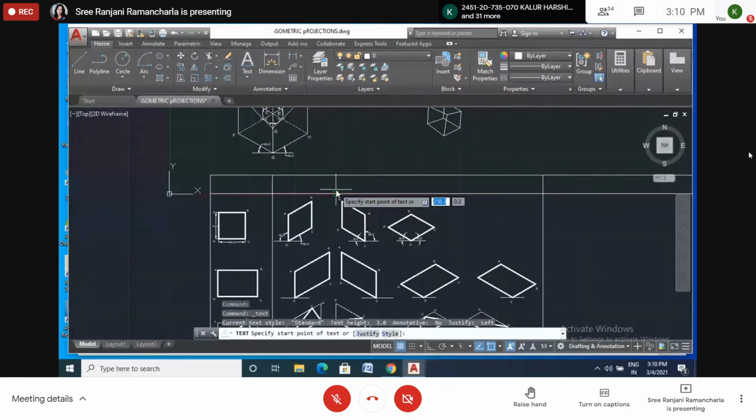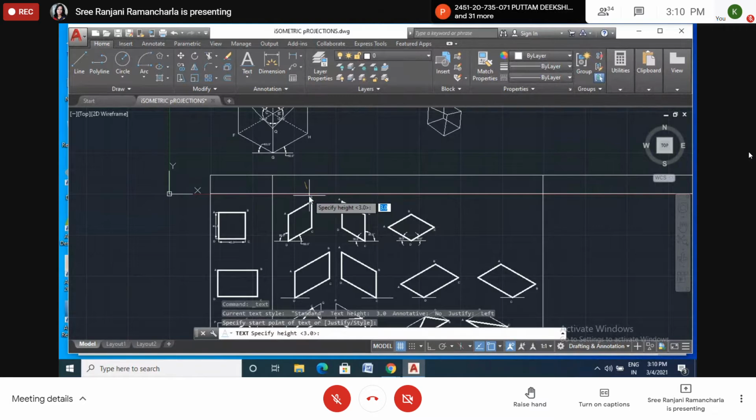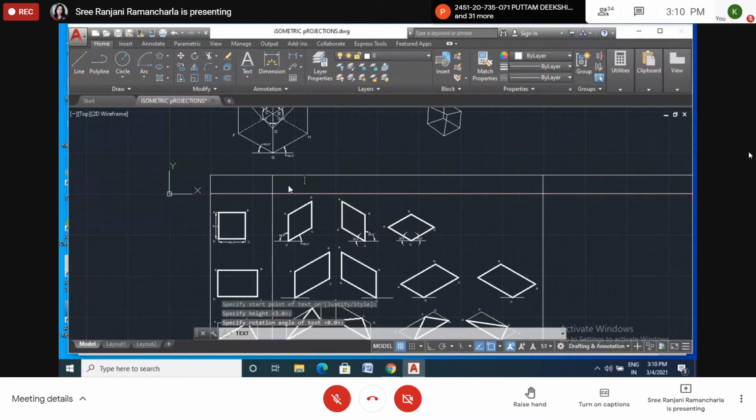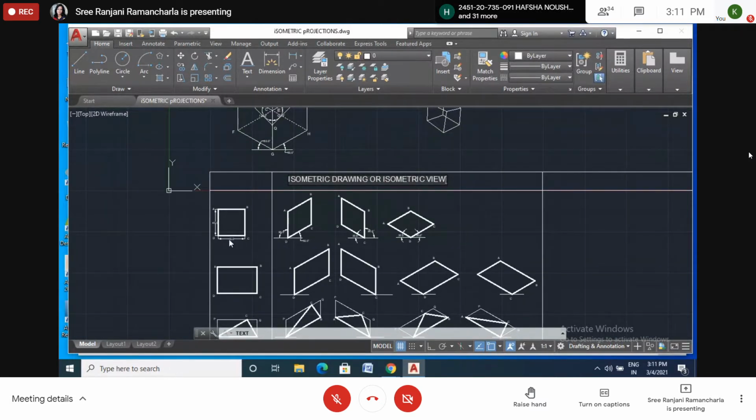I will write it here: isometric drawing or isometric view.